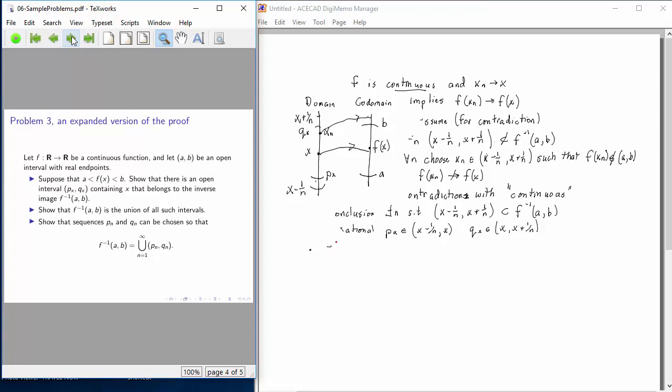So let's first start with the pre-image, inverse image, of the open interval from A to B. Well, that is certainly the union over all the individual x's in that interval of the set containing x. That's just saying the inverse image